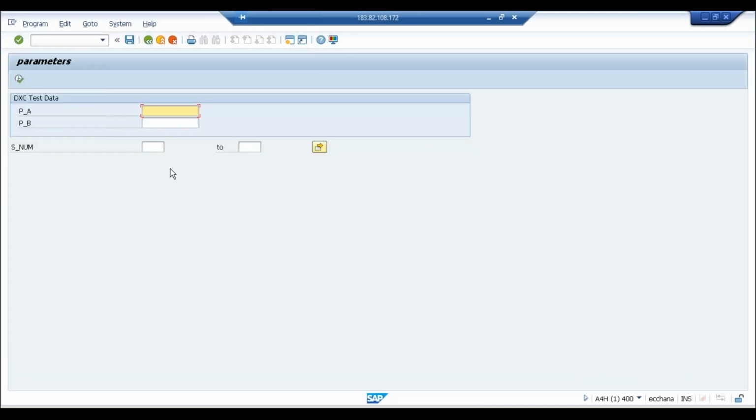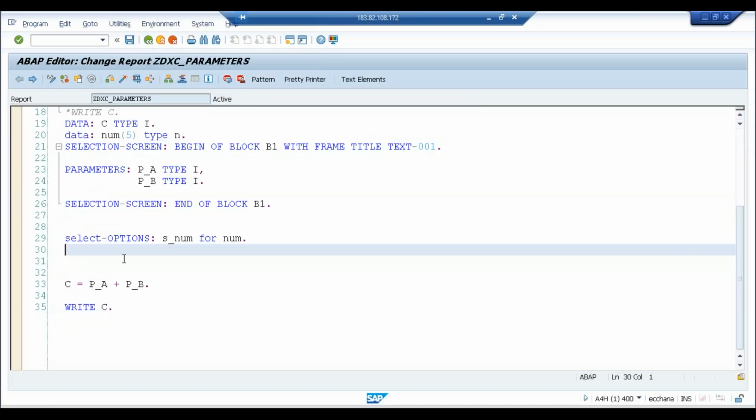See, in select options, you can give a range. You can give a low value and a high value. Let's say you give 1 and you give 10 here. So what you want is to type all the numbers from 1 to 10. If you want to write 1 to 10, then what you have to do is go ahead with